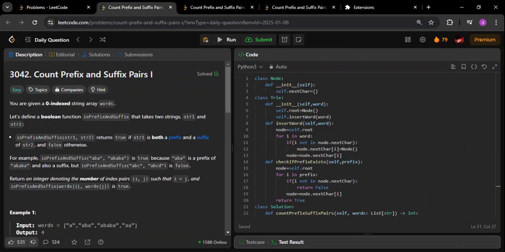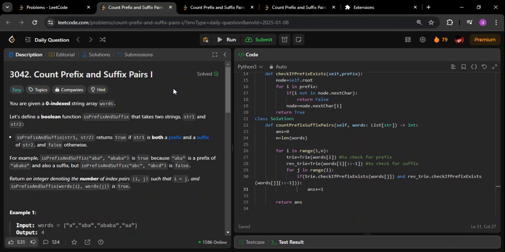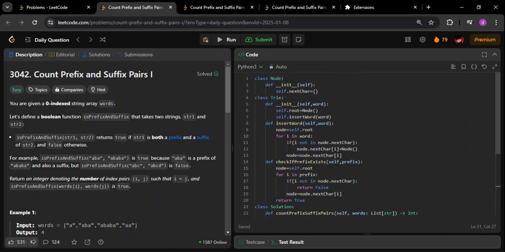I will show you both Java and Python versions of the same, and we'll also see the trie solution at last. I will also show you the comparison of the time taken, in milliseconds. You'll get to know that the trie solution is not the right solution for this kind of question, but still,